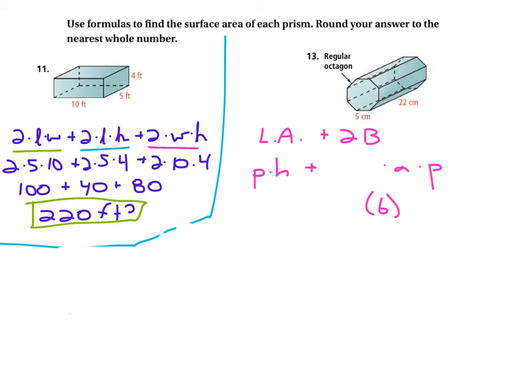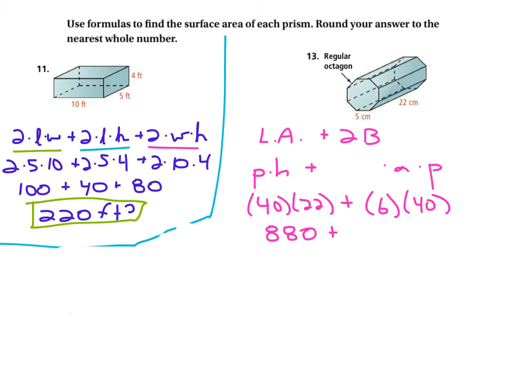Well, there's 8 sides, and each one of them is measuring 5, so 8 times 5 is 40. So that's 40. Remember, we're adding this together with what we get for the lateral surface, which is the perimeter of 40 times the height of 22. Okay? So if we were to, I don't know if you can do this mental math, 4 times 22 is 88, so 40 times 22 is 880,